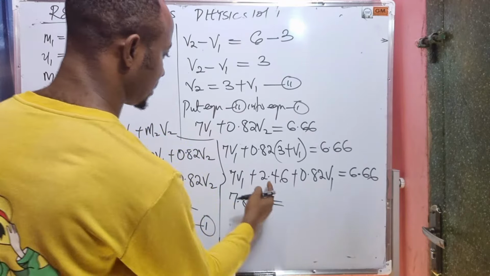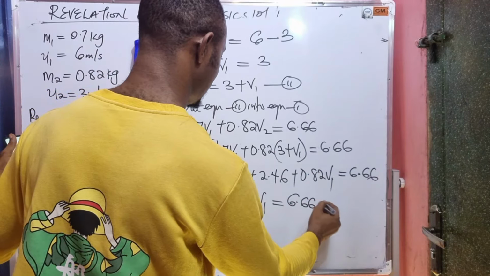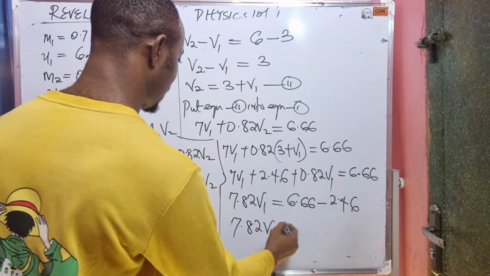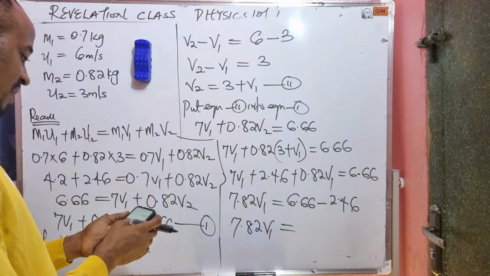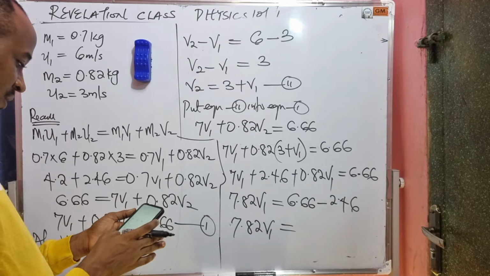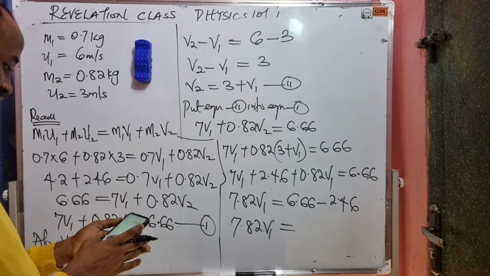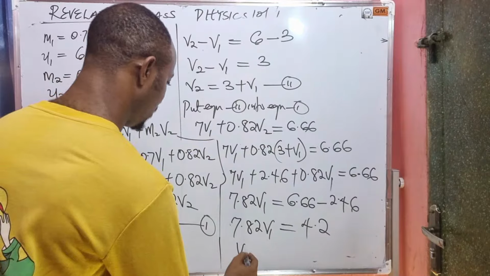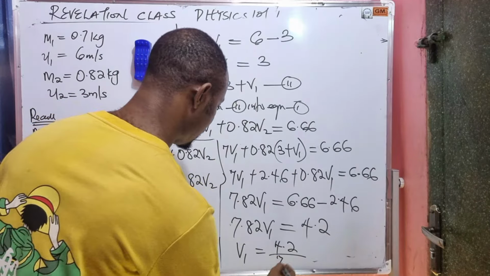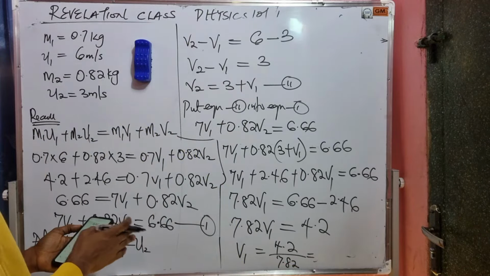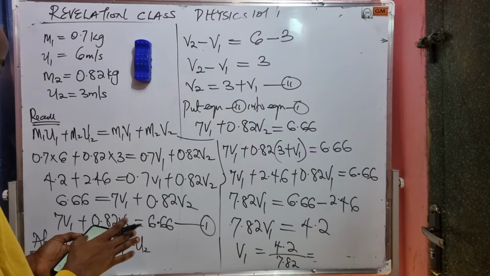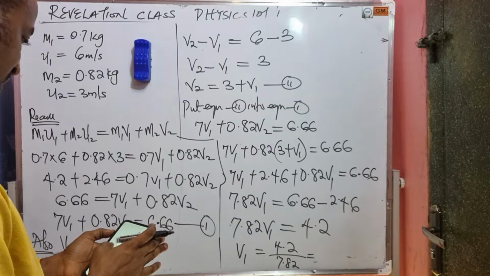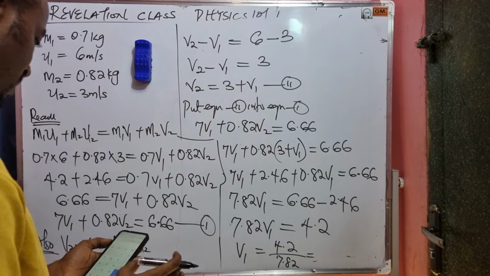Equals to, I'll move this to the other side. Here becomes 6.66 minus 2.46. So we have 7.82 V1 equals to 6.66 minus 2.46. This will give us about 4.2. Okay, so our V1 becomes what? 4.2 divided by 7.82. Let's check this out. Divide this result. 4.2 divided by 7.82. This is about